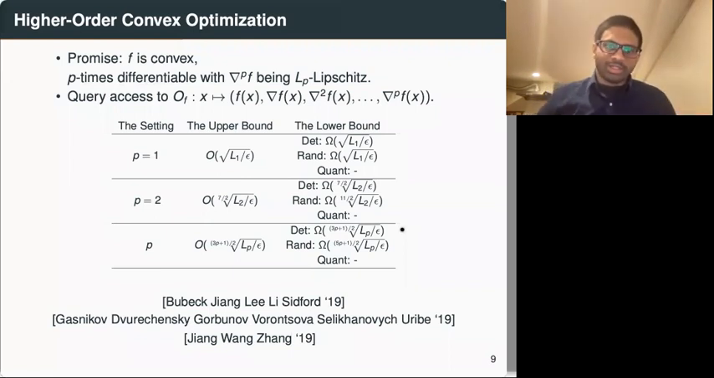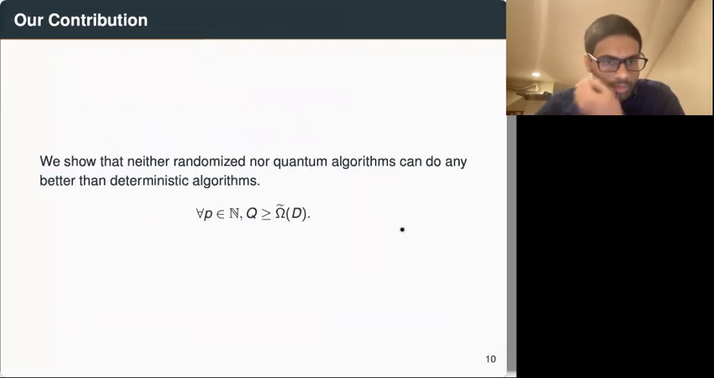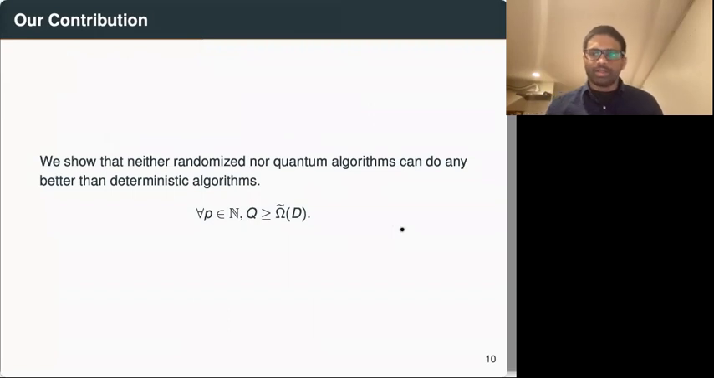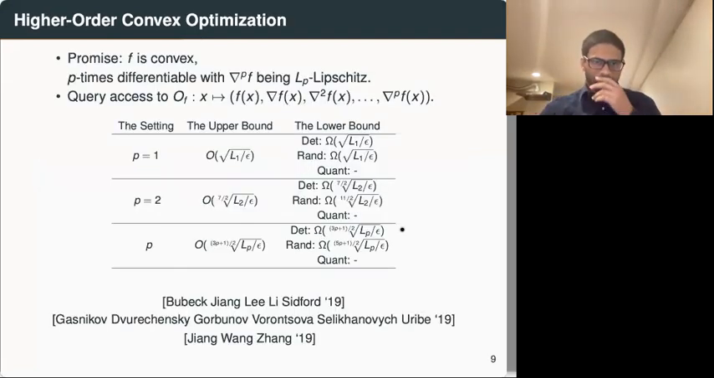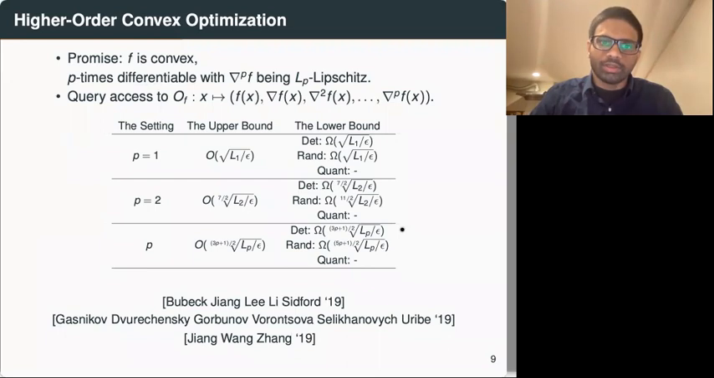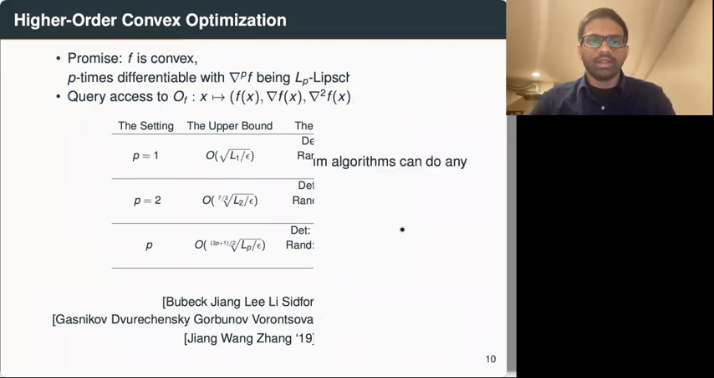And so the question that we addressed was, what is the quantum complexity of all these tasks for all these higher order settings? And what we showed was that it doesn't matter if you have randomized or quantum algorithms, they cannot do any better than deterministic algorithms. We show a lower bound for quantum algorithms that matches the upper bound for deterministic algorithms. Those are our results in the higher order convex optimization setting. And now I'll be going through our proofs of the lower bounds, starting off with our lower bound against the gradient descent setting, and then with the higher order settings. And